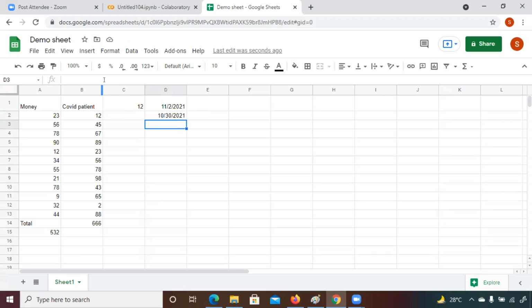It's very easy to learn Excel, but you should have knowledge of it as a part of data analysis. Because data analysis means you have data and you have to perform an operation on it, whether drawing a graph or performing some arithmetic operation like sum, count, or finding out today's date. So you should be able to do that, right? That's why I'm exploring this Excel. Is it clear how this today function is working?